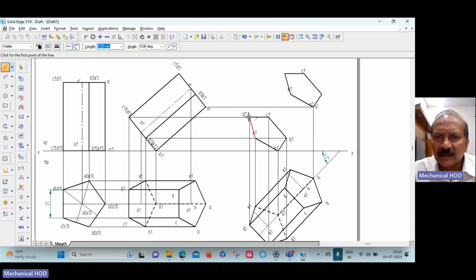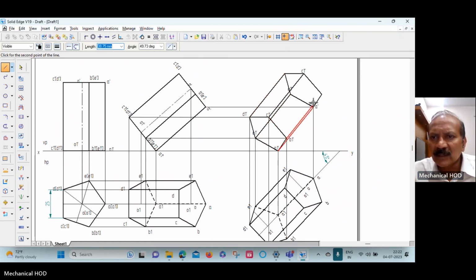Then join D1 to D, D1 to D, this point, A1 to A, B1 to